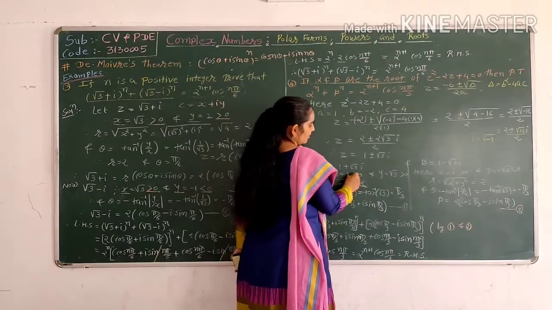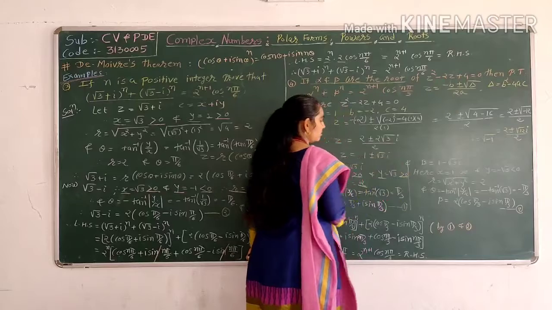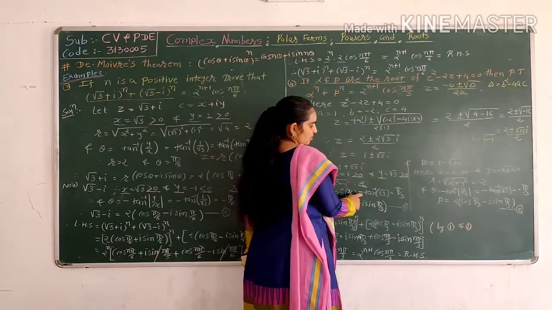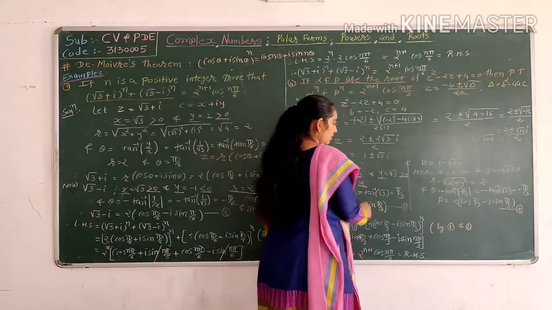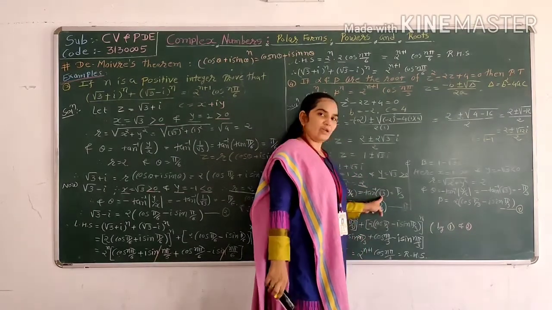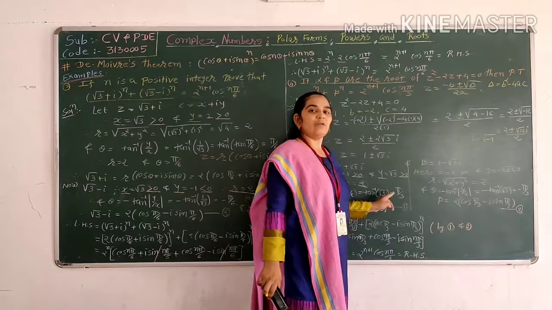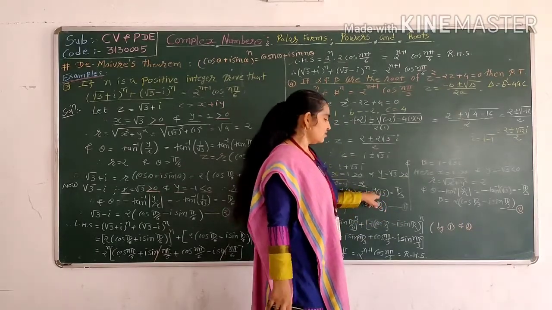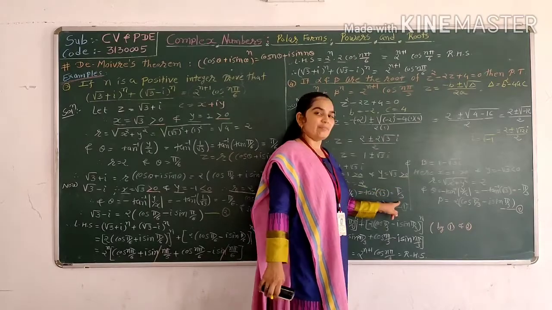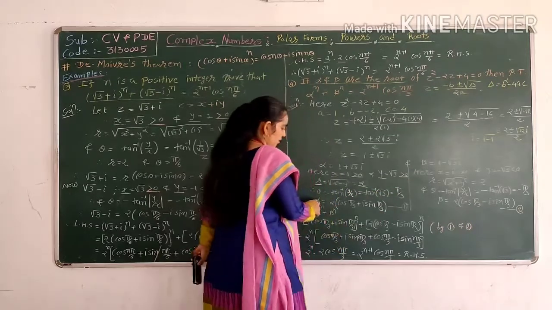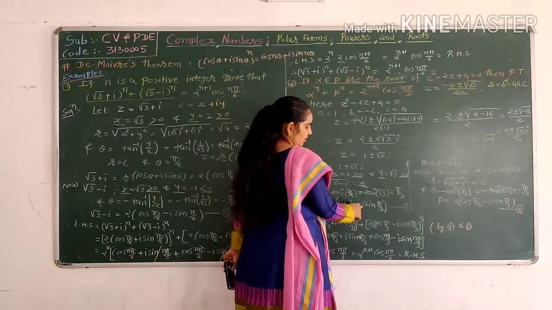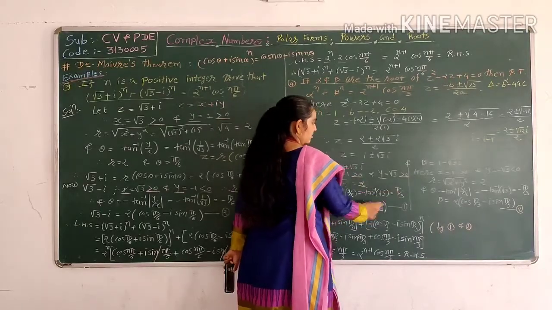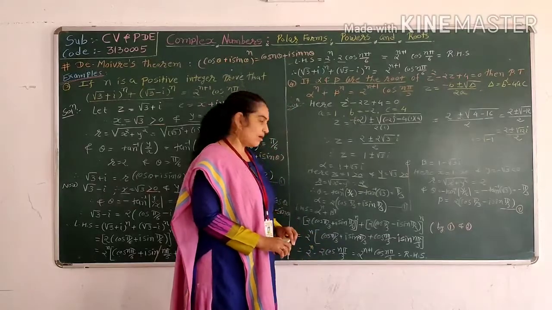Now theta. It is given here x is greater than 0, y is greater than 0. Therefore theta is equal to tan inverse y by x, which is tan inverse under root 3. Now the value of tan that gives root 3 is tan pi by 3. Therefore tan inverse tan pi by 3, tan inverse and tan cancel, therefore only pi by 3. Therefore alpha is equal to 2 cos pi by 3 plus i sin pi by 3, because r is equal to 2 and theta is equal to pi by 3, and we have to use the polar form.